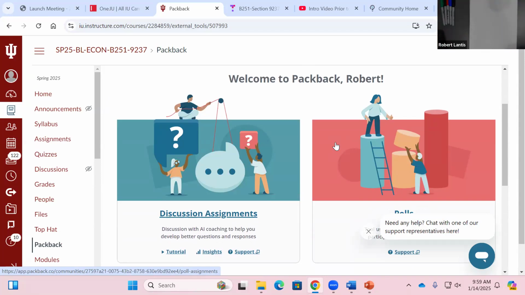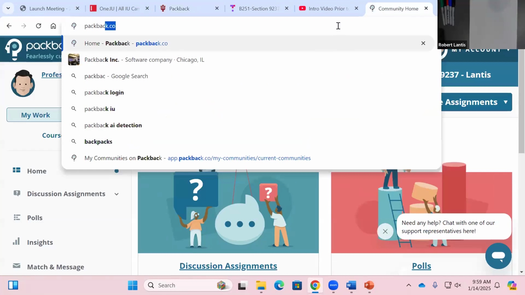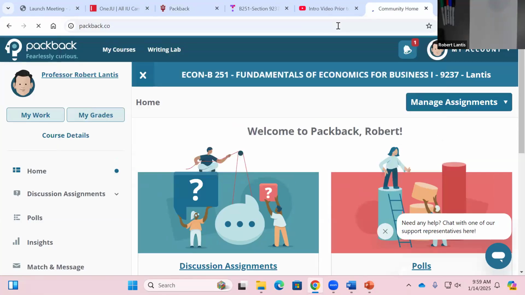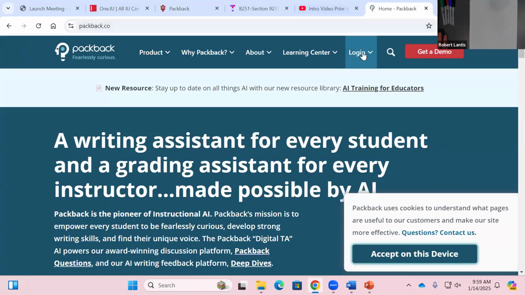For some people, it doesn't. Your computer will block pop-ups and do some goofy things. And instead of trying to look at every single person specifically, there's a way that you can sign up and link your account, instead of going through Top Hat, by simply going to packback.co. The only problem is going through a process of logging in and registering the first time. The only problem is using a community lookup code if you don't